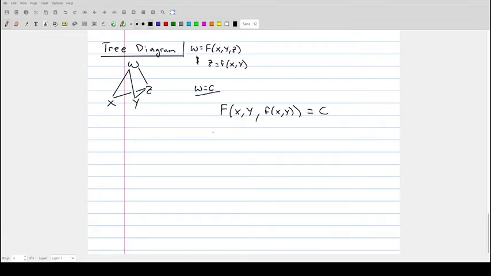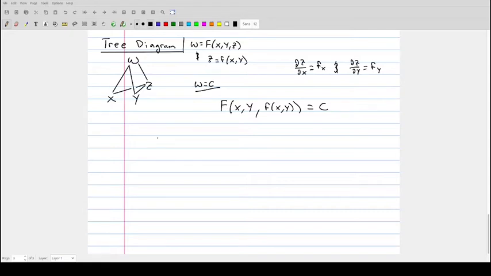So this is the equation that's true on any level surface. So to get the partial derivatives of lowercase f with respect to x and with respect to y, because dz dx is the same thing as fx, and dz dy is the same thing as fy,